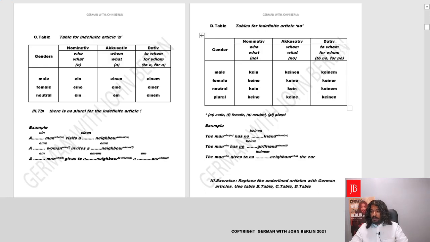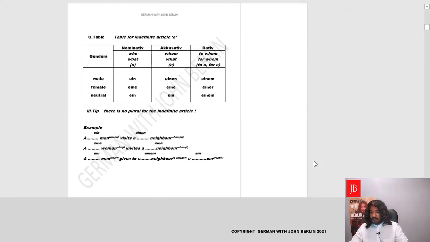Okay. The man gives to no neighbor the car. So, to whom does the man give? To whom does the man give the car? To no neighbor. Yes, so neighbor is in this case again masculine. So let's pick up keinem. The man gives keinem Nachbar. So it'll become der Mann gibt keinem Nachbar das Auto. Yes? Perfect. So this was, and